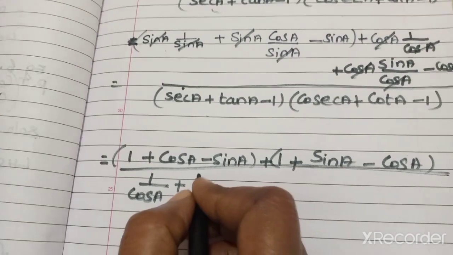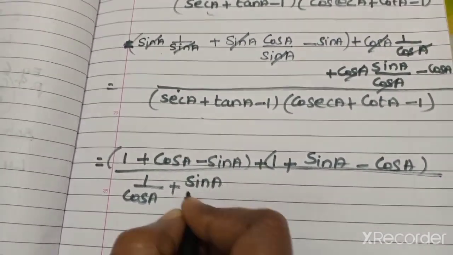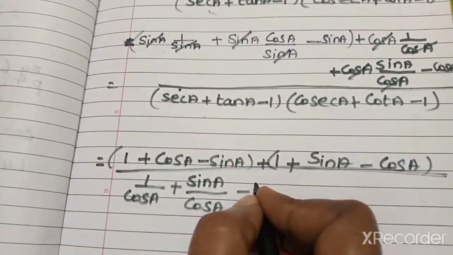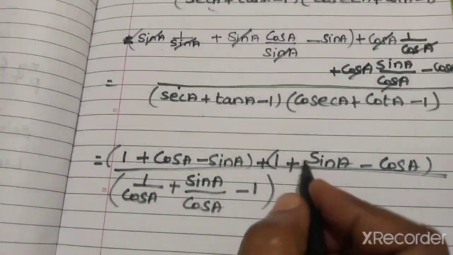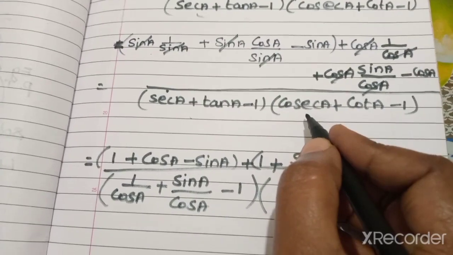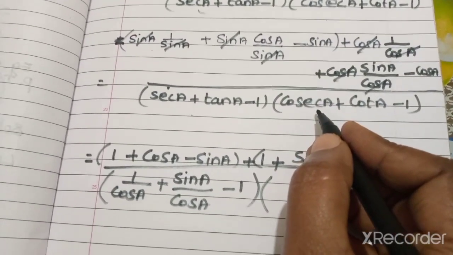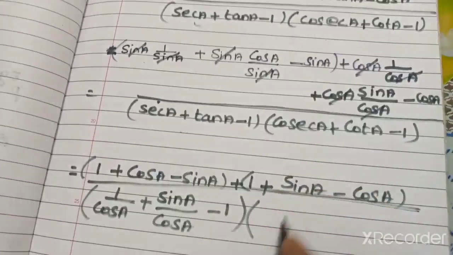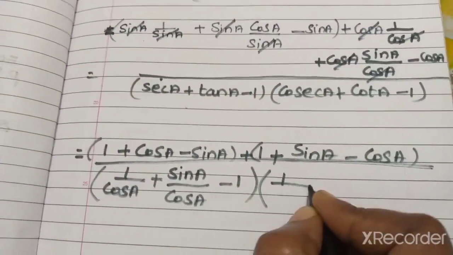So it can be written sin A by cos A minus this 1, close the bracket, into, here cosecant ratio can be brought into sin. So 1 by sin. Cosecant theta is 1 by sin theta. So cosecant A can be written 1 by sin A